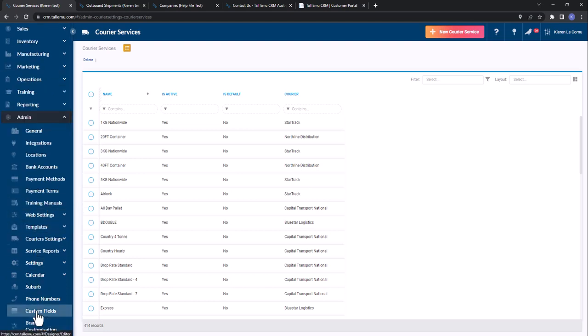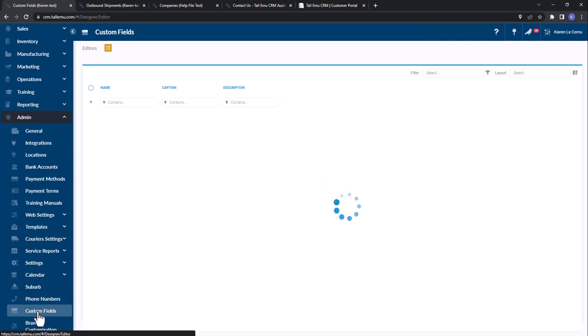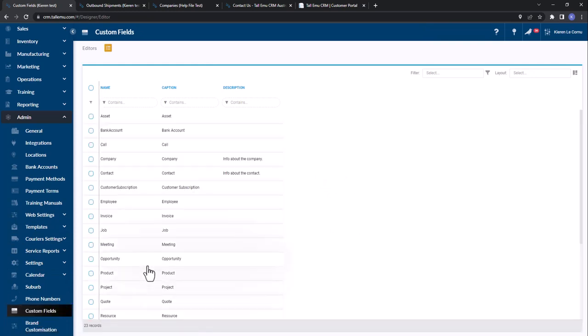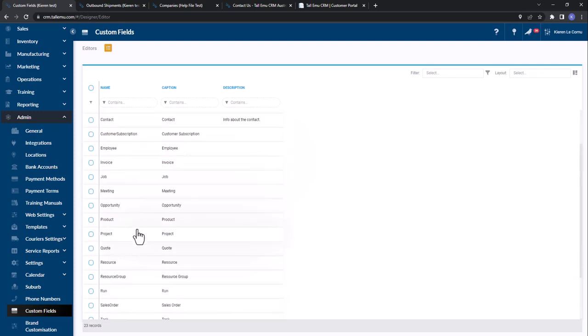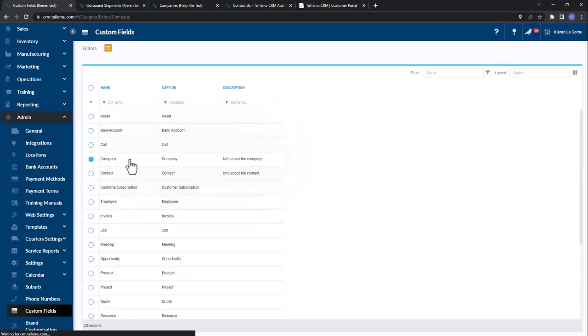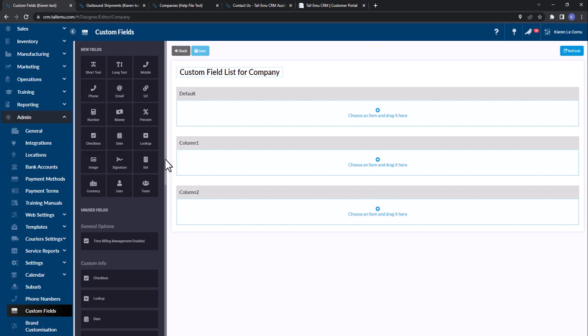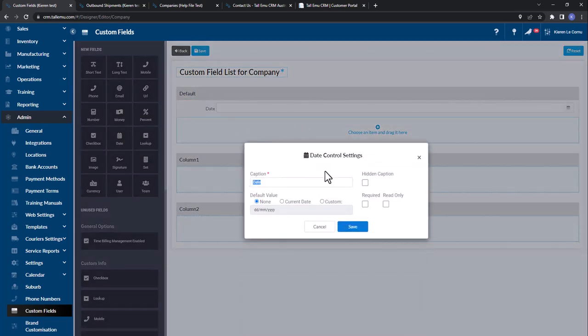Coming down a little bit further, we've also got this area that is relatively new called custom fields. So what this means is if you'd like to capture information inside CRM, but there's not currently a field to put that in, you can go and make one. So these are all the forms available to customize. So what we can do is click on the company form, for example, and say, okay, I'd like a new date field on here, and I'd maybe like to call that